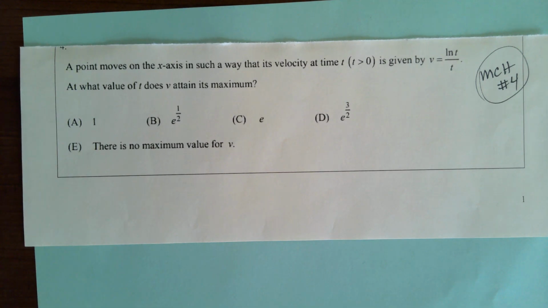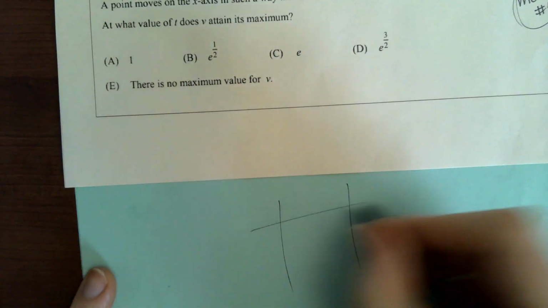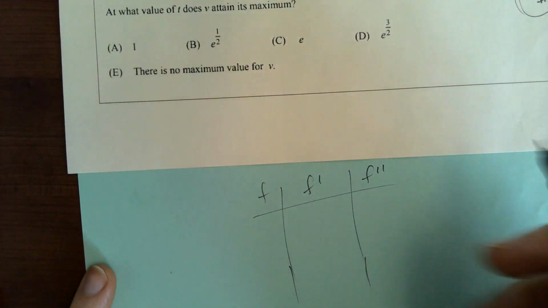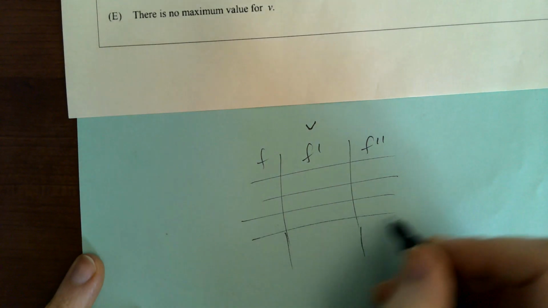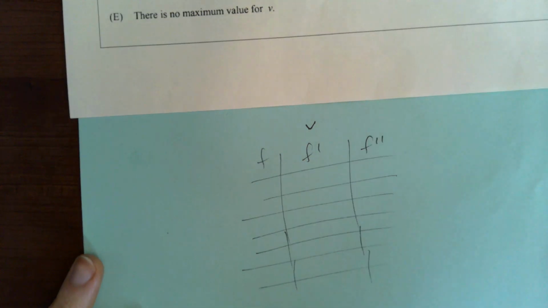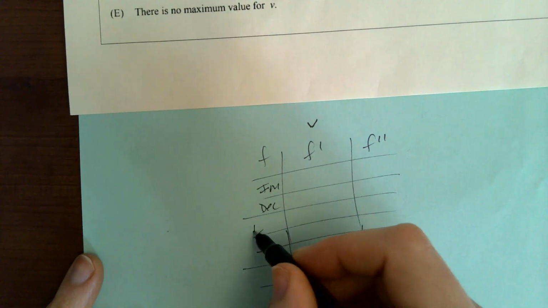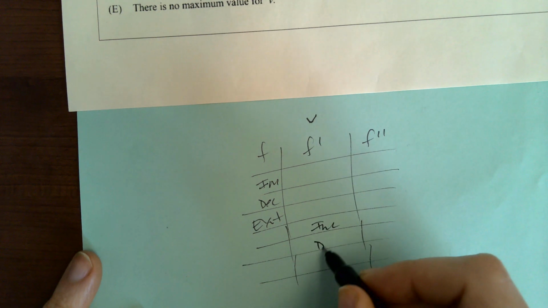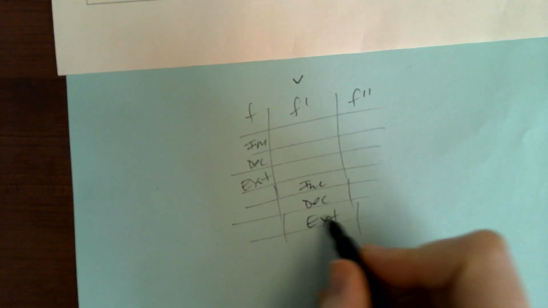And guys, if you look at Susan's table, you'll have F prime, F double prime. So F is already like velocity, all right? And there's 1, 2, 3, 4. I think there's 6. It goes like increasing, decreasing, extrema, and then it repeats, right? Yeah, increasing, decreasing, extrema. So you're looking for an extrema